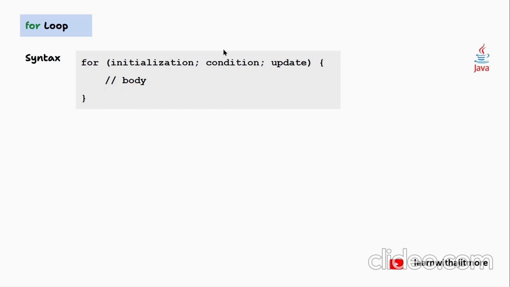Like अगर आपने condition लिखा है I less than 10, I initialize to 1 किया है, तो obviously updation में इस तरह से बढ़ाना है कि आप near to 10 जा रहे हो. So if you reach near to 10, the condition will become false and the loop will stop. Okay? And फिर loop body, which is to be repeated, जो कोड आपको repeat करना है, वो loop body में,